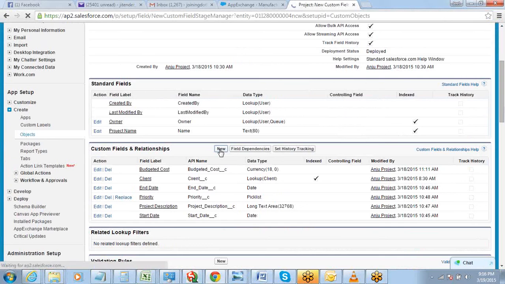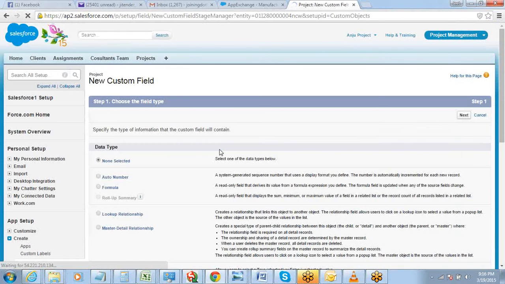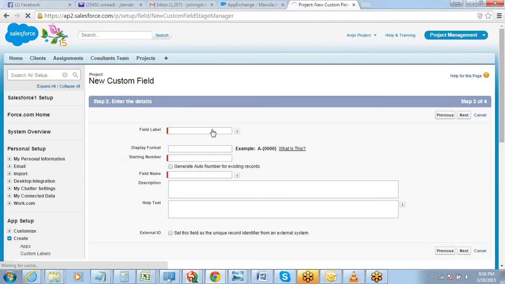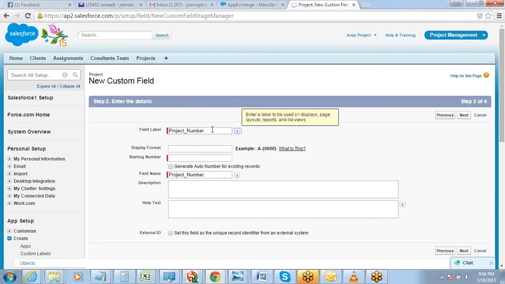Auto number is also a field. Select auto number, go to next, project number. Let's say this is the thing.